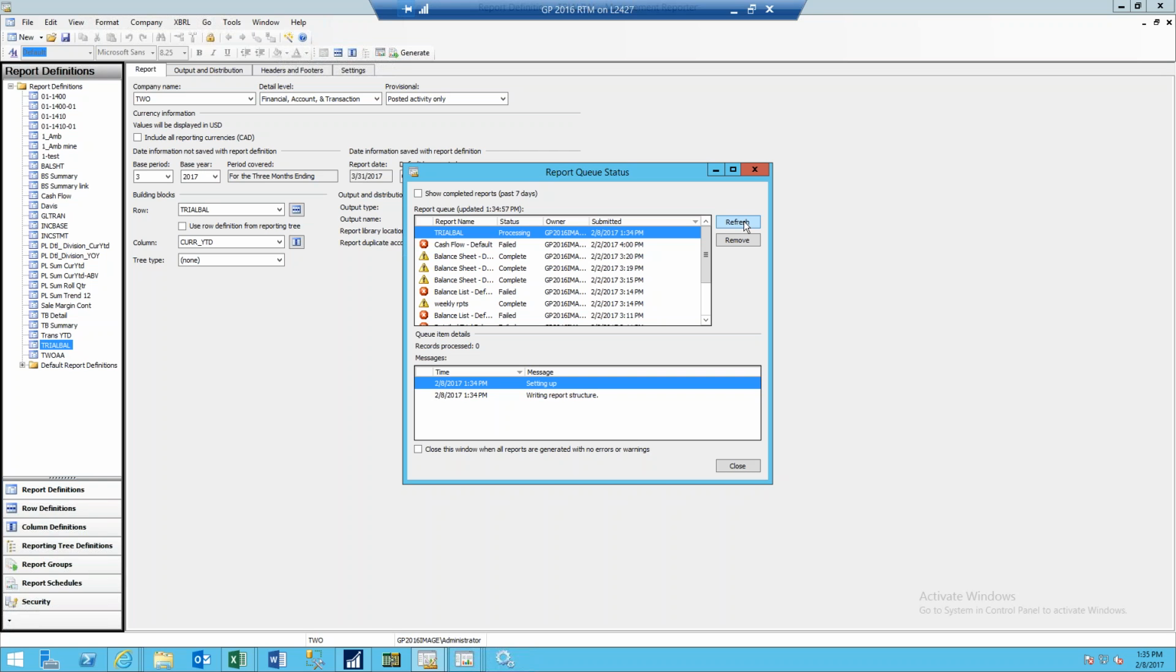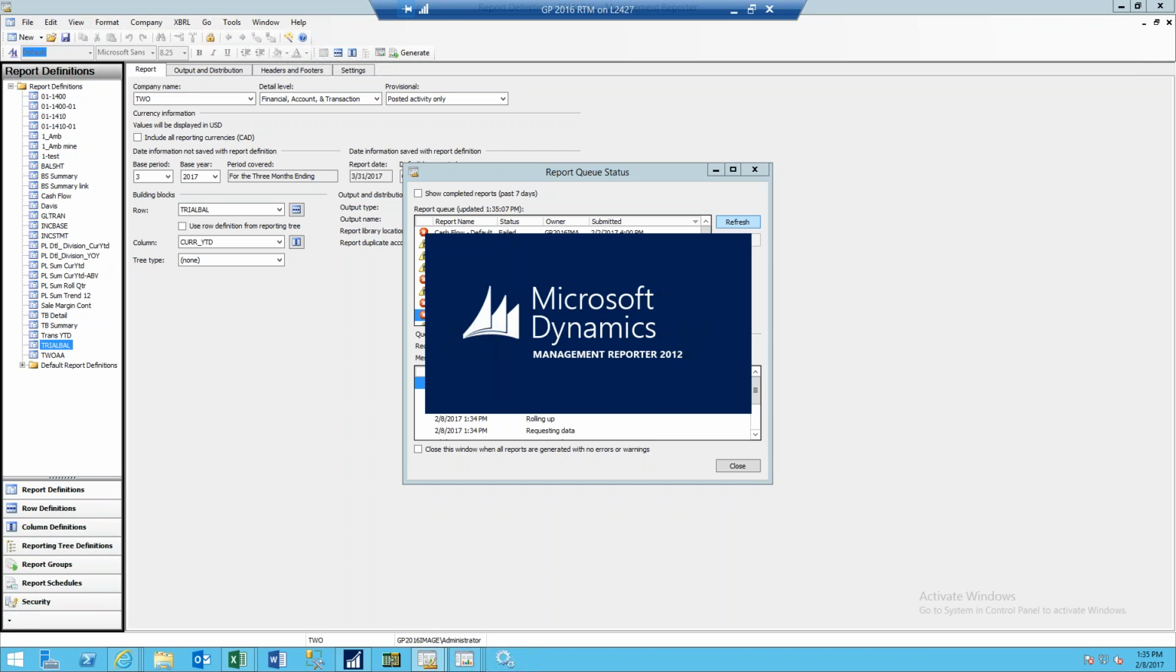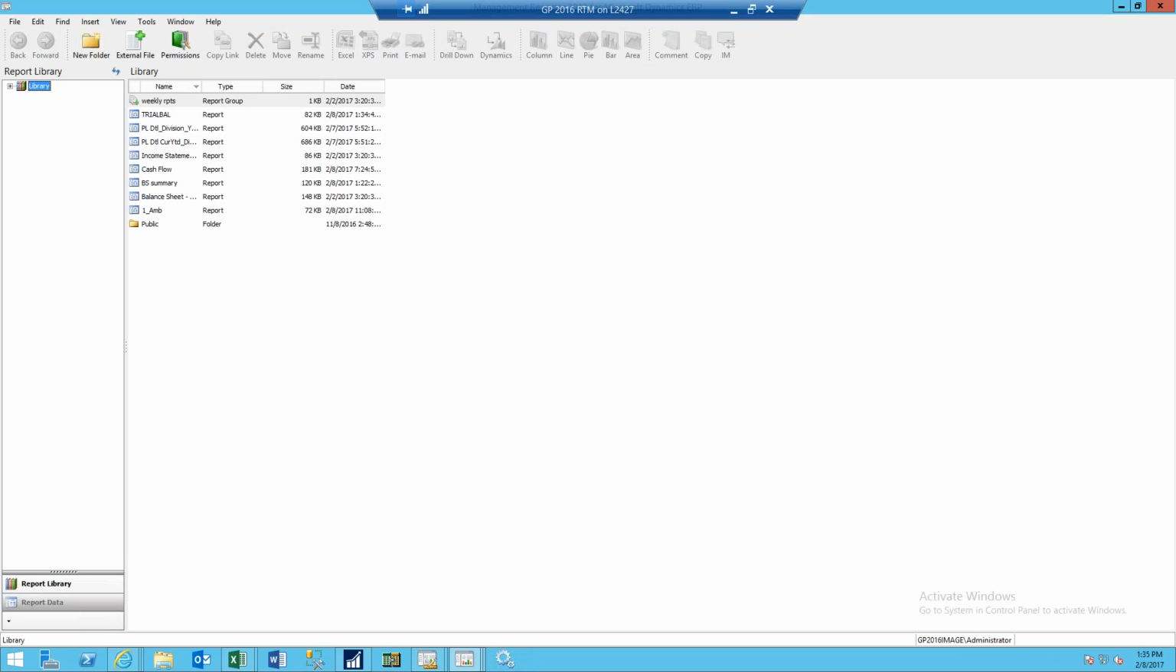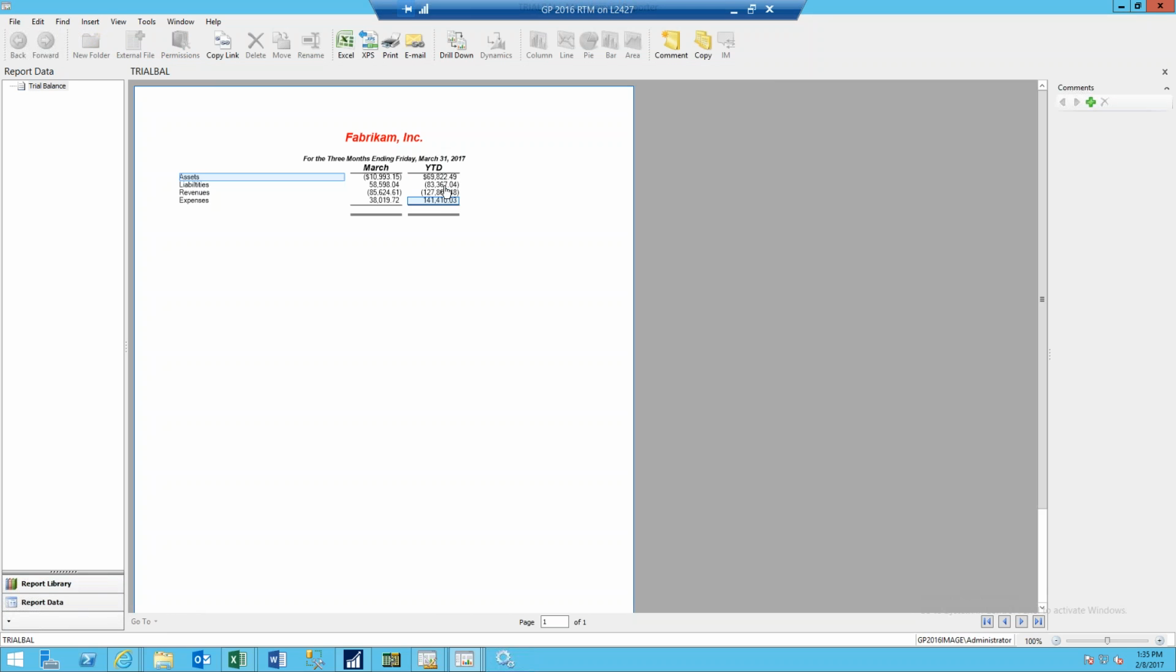So you can make your columns look any way you want and have any information in any column, as long as it originates from a journal entry or an account. So if we drill into this a little further here,